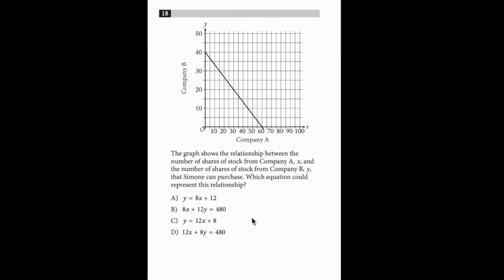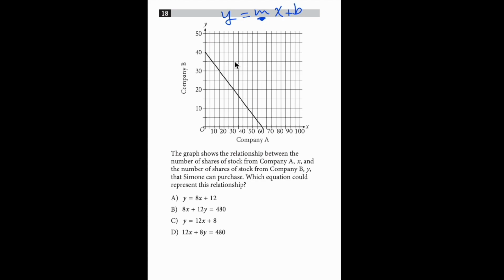Relationship between the number of shares of stock from company A, x, and the number of shares of stock from company B, y, that Simon can purchase. Which equation could represent the relationship? As you know, if we have a line like that, its equation is y equals mx plus b,